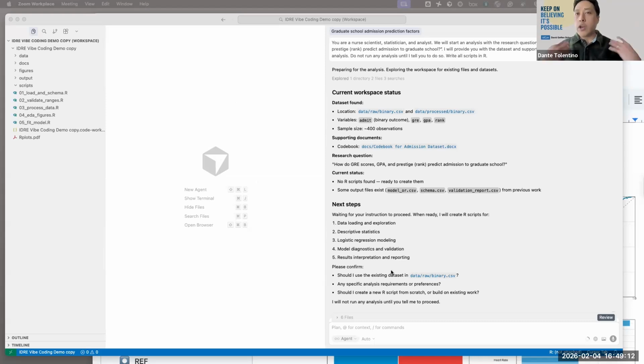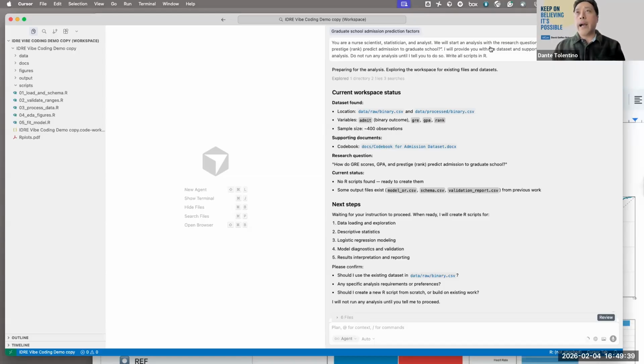The way you interact with Cursor is very similar to ChatGPT. This is where you chat with it, and you put in your prompt here. I already generated the entire prompt for us. The first prompt I gave Cursor was: you're a neuroscientist, statistician, and analyst.